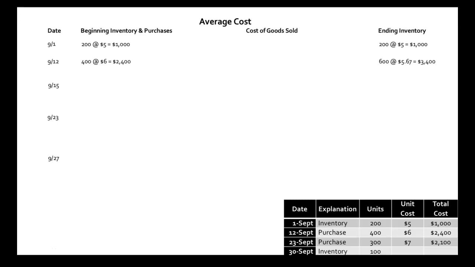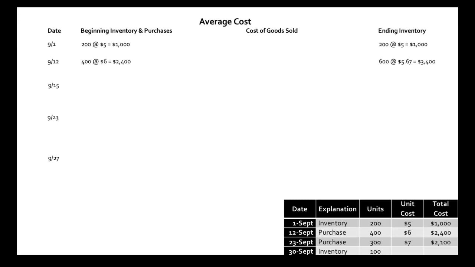Your ending inventory, that's where things are different, right? Let's talk about the 600. So the first step that you're going to do here when you combine your inventories is figure out the total number of units that you have. Here, you have 600 units. How did we get that? Well, we take a look at our ending inventory on the previous day. And we see, okay, we had 200 units that day. Then we just purchased 400 more. So 200 plus 400 gets us 600.